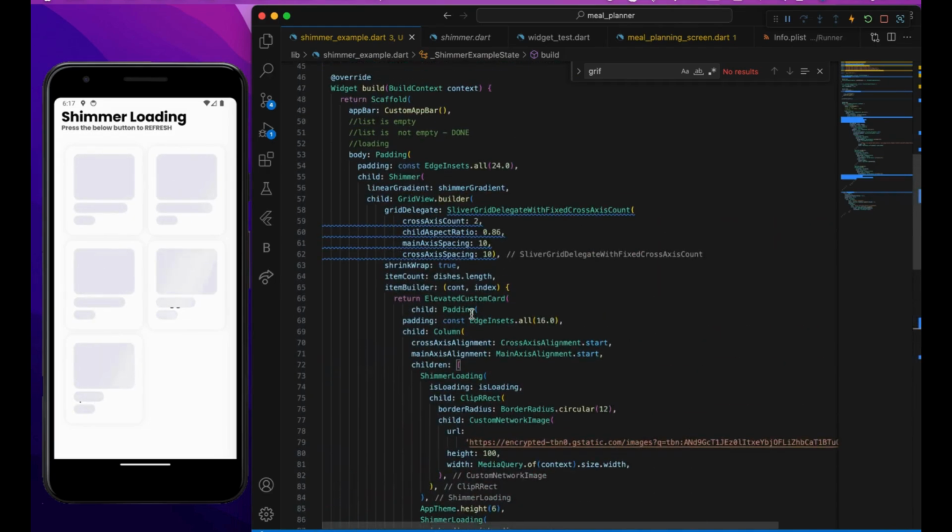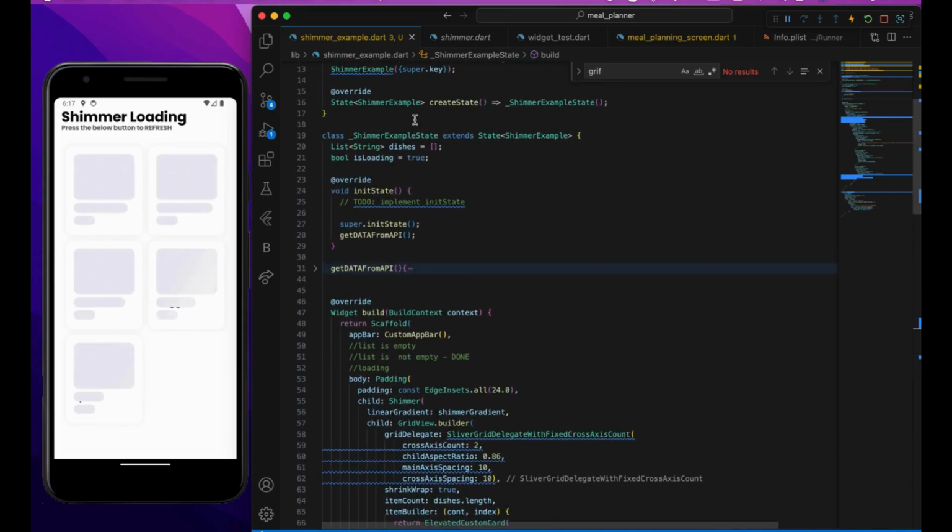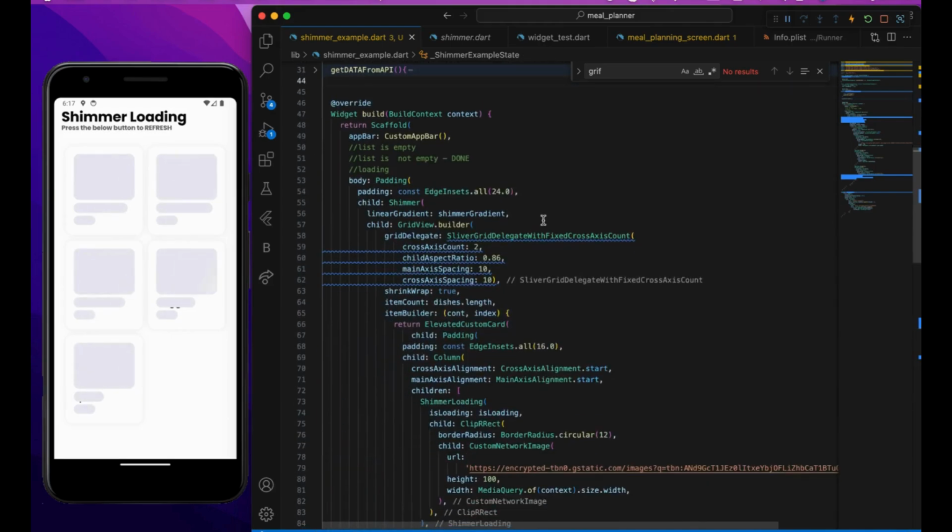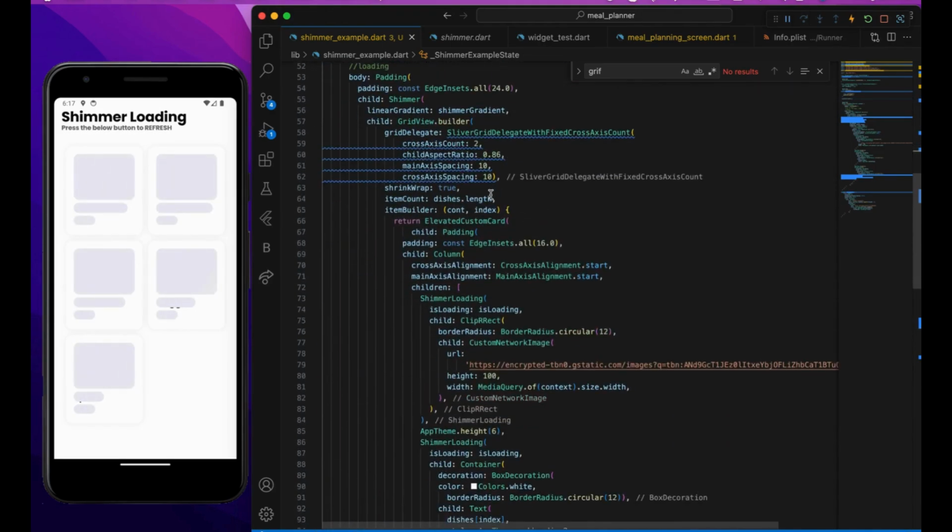So now the things that we missed. In the time of loading, you didn't get any data. So how can we manipulate that? How can we do that? For that, firstly you have to add the list of how many shimmers you want to see. Like you can say 7, right? If dishes length is 0,